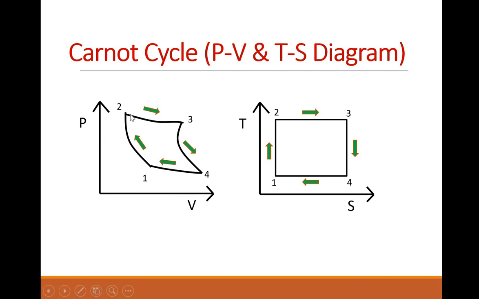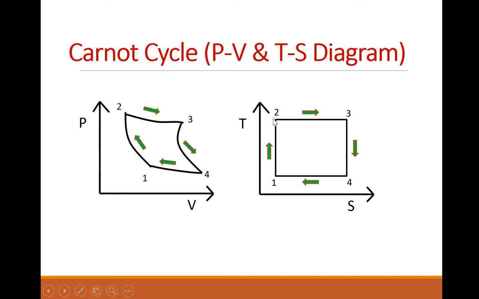Here you can see the pressure 1 to 2, 3, 4. This again I won't explain again, as it is easily understood. 1 denotes your pump, 2 denotes your boiler, 3 denotes the turbine, 4 denotes the condenser. So see, when you are moving from 1 to 2, we are moving water from the pump to the boiler. So pressure is being increased because we are performing compression. So that is being increased gradually. But see here, in the TS diagram, temperature versus entropy, when we are moving from 1 to 2, your temperature has been increased suddenly.